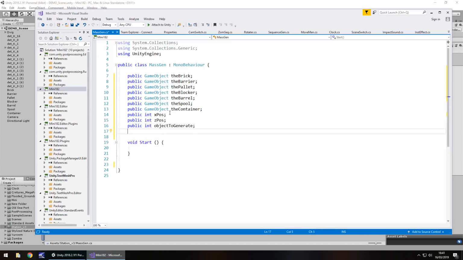And finally, we need a count. Because we want to cap this at 200, as we've said, we need to have a count to realize just how many we have in the scene. It's always wise to cap it, because if you end up trying to create infinite objects, then obviously performance would deteriorate over time. So public int object quantity,